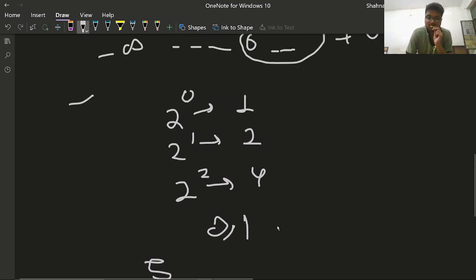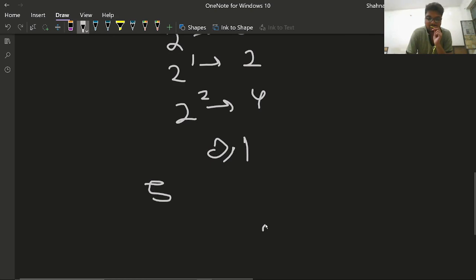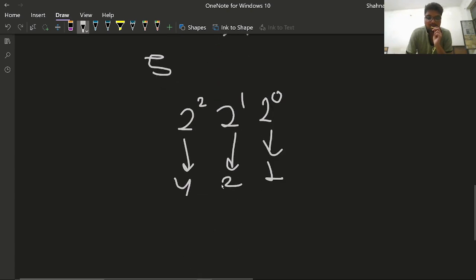Binary numbers always start here: 2 power 0, 2 power 1, 2 power 2. 2 power 0 is 1, 2 power 1 is 2, and 2 power 2 is 4. We have to form the number 5.